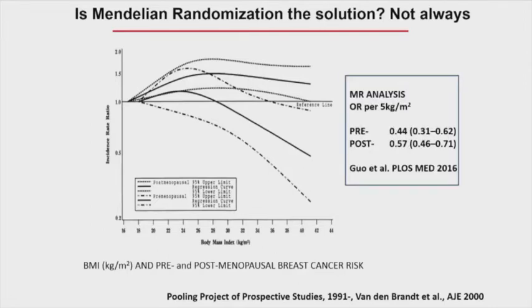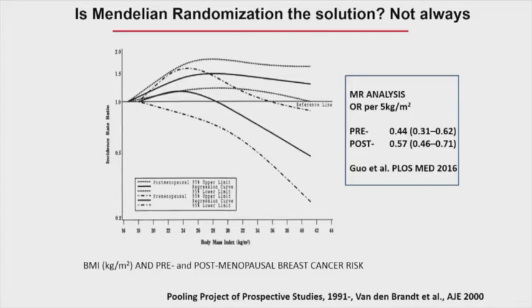So in the BPC3 BCAC analysis, 80,000 cases of breast cancer, looking at the Mendelian randomization instrument for BMI, established from the GIANT consortium with about 200 SNPs, we get the right answer for premenopausal, but the wrong answer for postmenopausal. So if you had only this information, you'd conclude that being obese was protective against breast cancer over a woman's entire life course, and we wouldn't know that actually that's not the case for postmenopausal breast cancer. We can probably explain that,